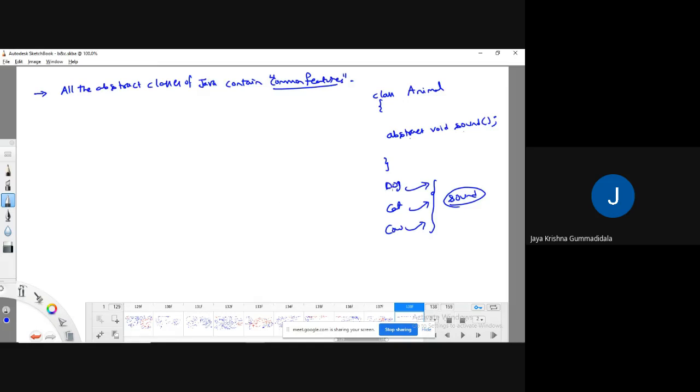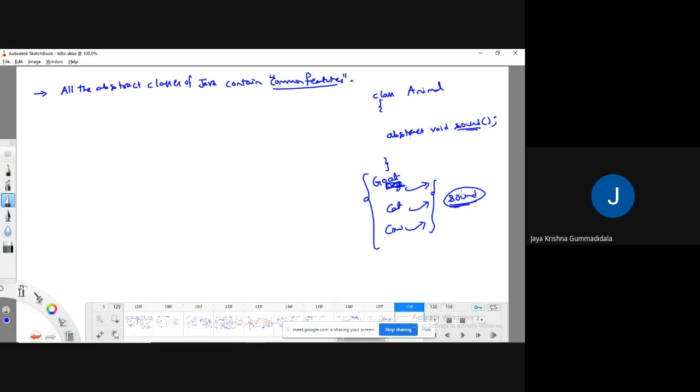For example, instead of taking it as dog, let me take it as goat. Assume that these three are the only ones available for me. Now, for all these, sound is different. So I will give it to them directly: please implement your own sound.